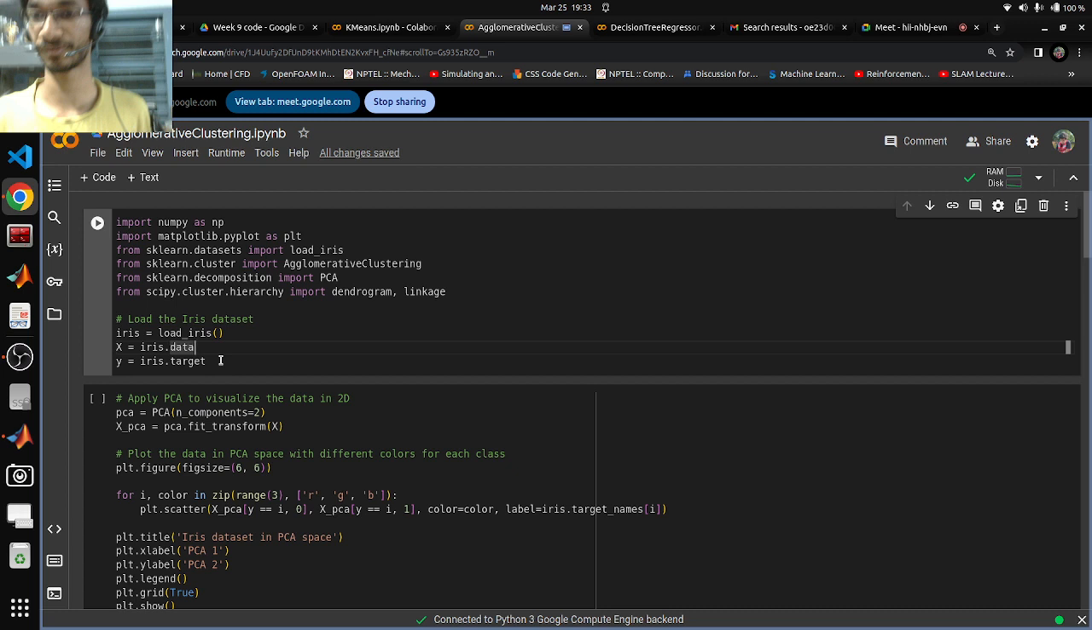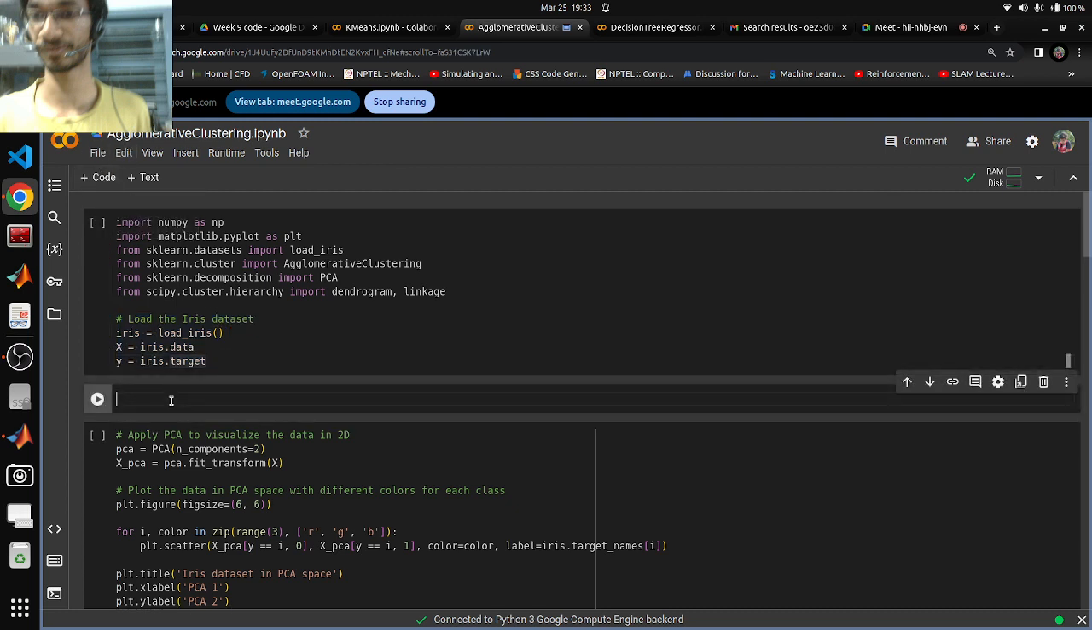Okay, sepal length, sepal width, petal length, petal width, and so on. So in fact we have loaded the data set. I will try to show some data points from this data set. So if we try to print, let's say, the first